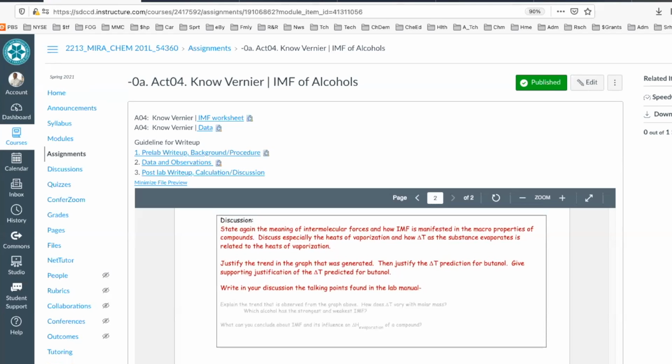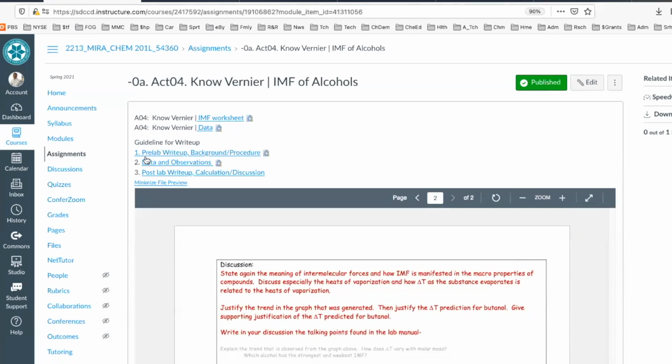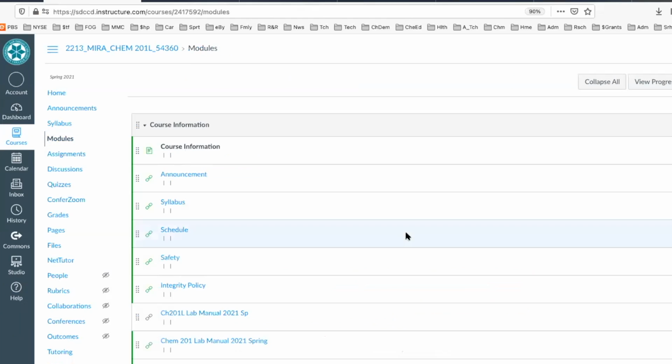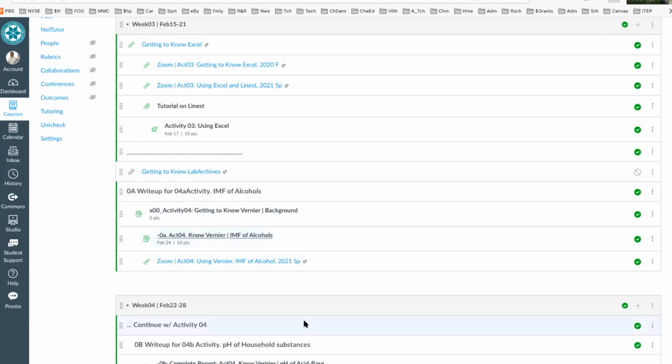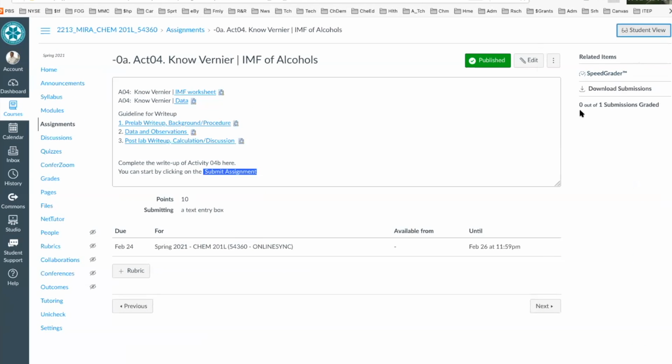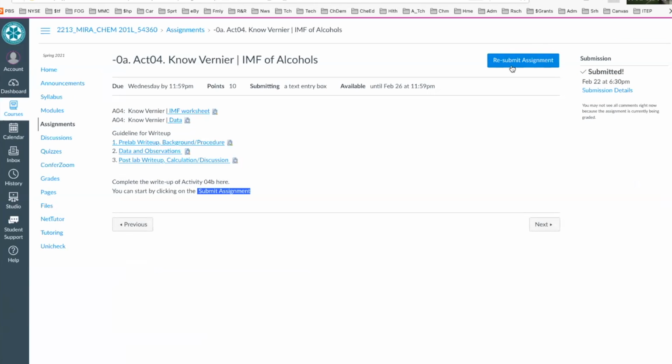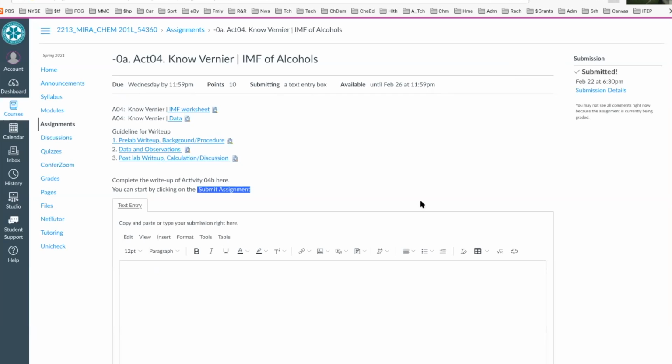And when you write this up, okay, again, you'll find it in the module. You could type it up in Word, or you can type it up in your document. But when you submit it, you're going to have to go through the text box in Canvas. So type it up in Word, get all the information in there, and then when you go to here, okay, 4A, click, I'll do a student view. Click right here, submit. And when you submit this, you're going to put one, this first part is your PreLab